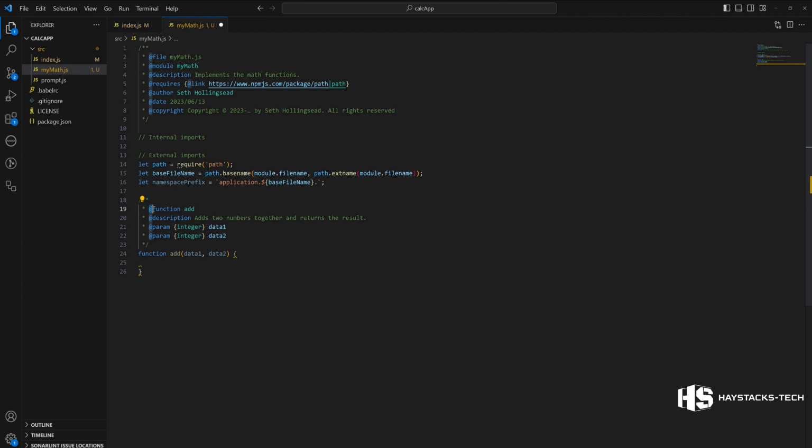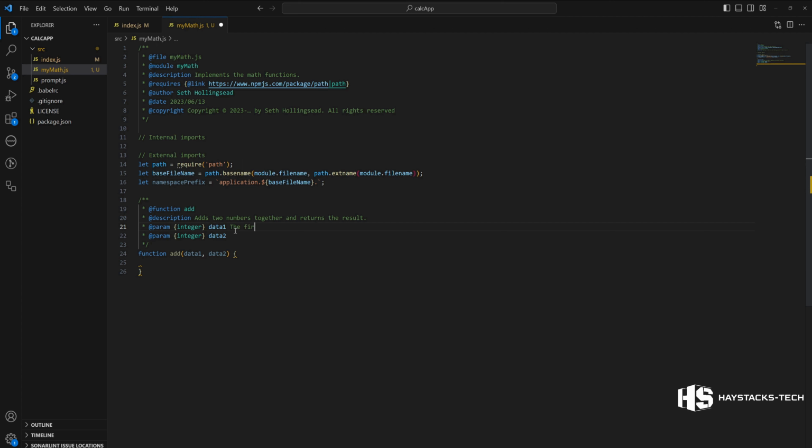Yeah, that's the syntax used by JS docs, and it sort of picks up on that, and then it'll auto-generate the documentation based on these pre-filled fields. That's basically what it's looking for. Okay. Yeah, sure. So get the description in there, and I'll continue on with the description for the data1